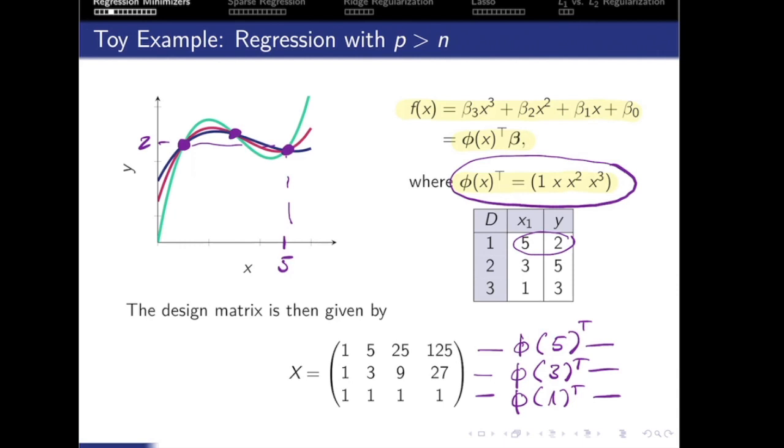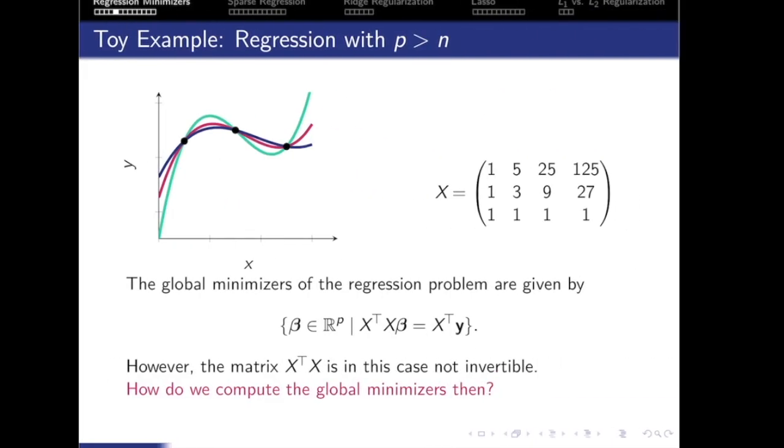And then we have our design matrix. And then we had the formulation of the residual sum of squares problem to minimize the residual sum of squares. And then we got as a result that our solutions are given here by this set of regression parameter vectors